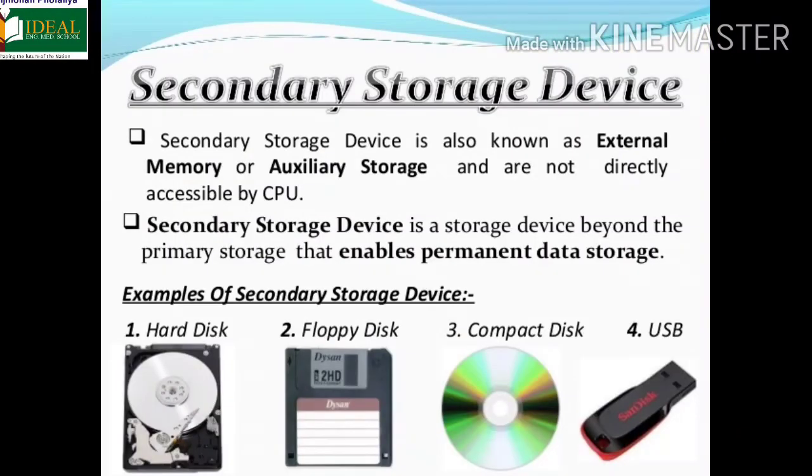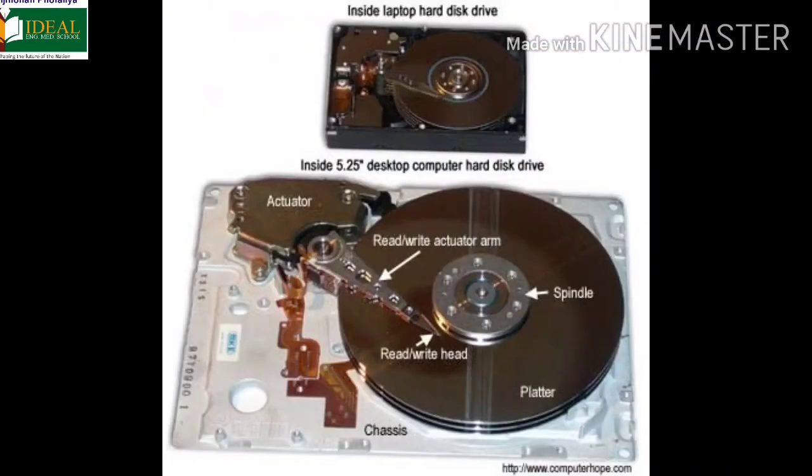Secondary storage or the secondary memory. The secondary memory of the computer is also known as external memory or auxiliary memory. As you know, RAM is a temporary memory which is lost when you switch off the computer. Now, there may be some information that you need to store permanently. Such information can be stored in the secondary memory. Information stored in the secondary memory can be erased or new information can be overwritten on it. Hard disk, CD, DVD and USB flash drive, which means pen drive. These are examples of secondary memory.